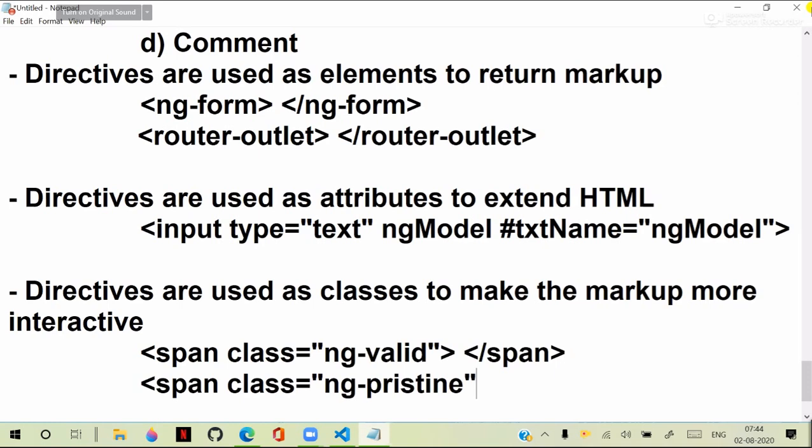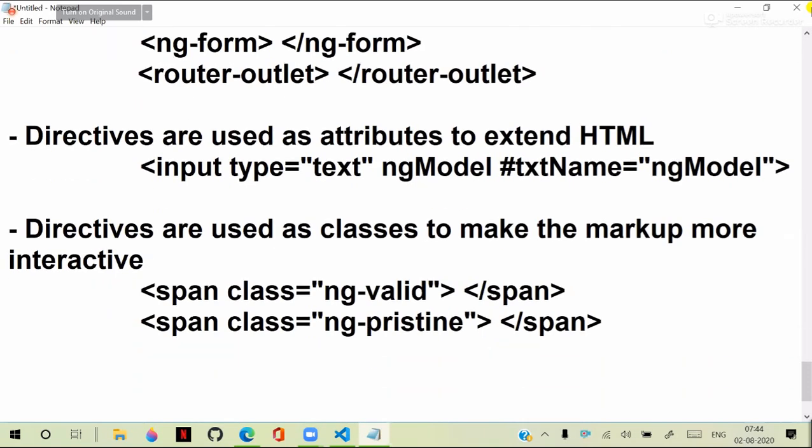What are those? You don't need to worry, you are going to learn about them. I am just showing that directives are used in various ways. We can use them as a class, as an element, or as an attribute. That means some directives are used as classes, some as elements, some as attributes, depending on their behavior. When we learn about directives, I will tell you whether to use them as an attribute or not. And very important,